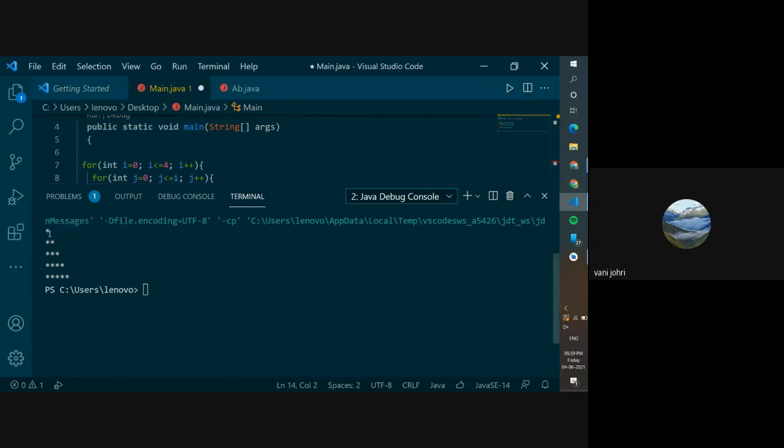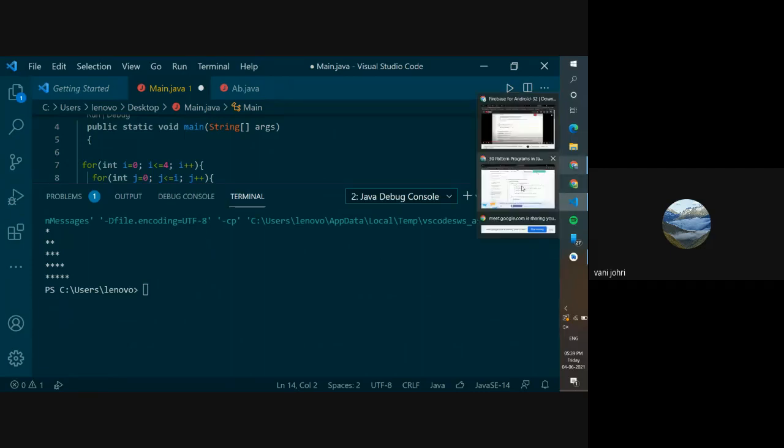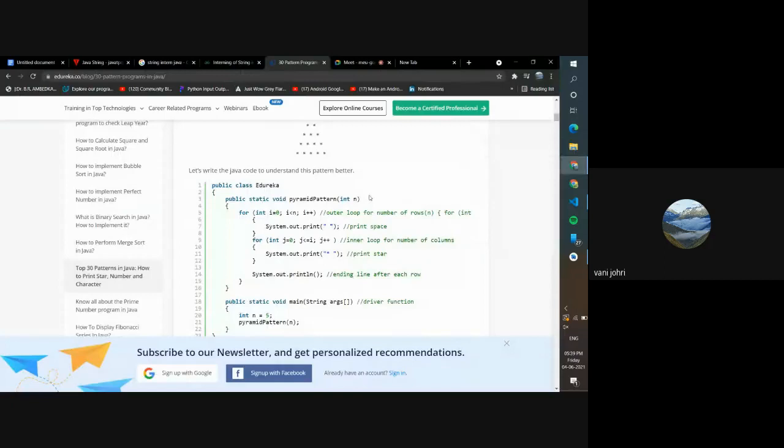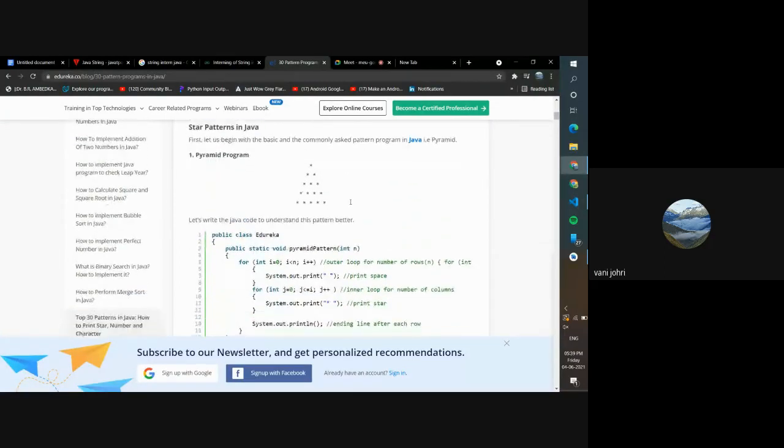So there are 5 rows. See, 1, 2, 3, 4, 5, and you have 1, 2, 3, 4, 5 columns because that also goes till 5. So you can keep that in your mind while you think about the logic that the outside loop is for your rows and the inside is for your columns.